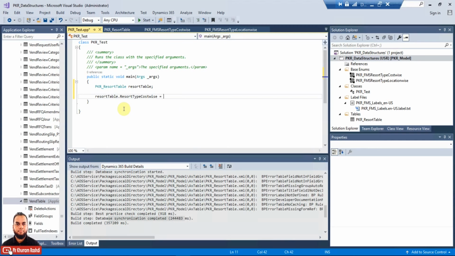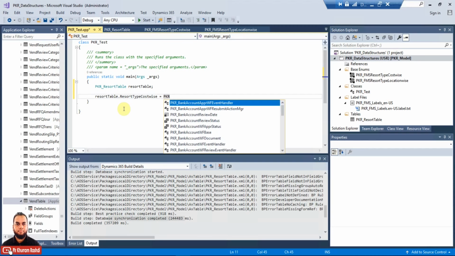Please also differentiate between single equals to and double equals to. Double equals to is always used for comparison, but single equals to is used for assignment in X++. So normally the conventions are just like C++ or Java. In this one, the equals to sign is used, and then how can we assign a value to an enum value? That is very simple.